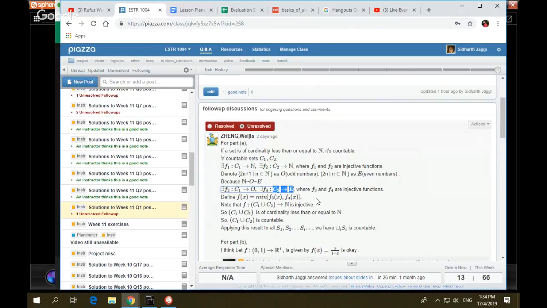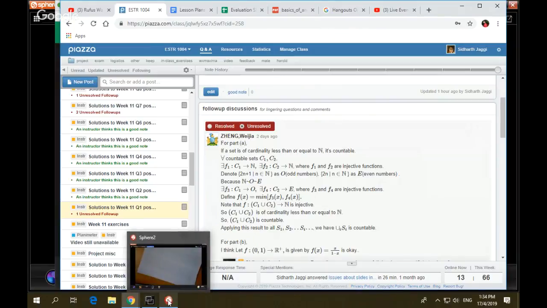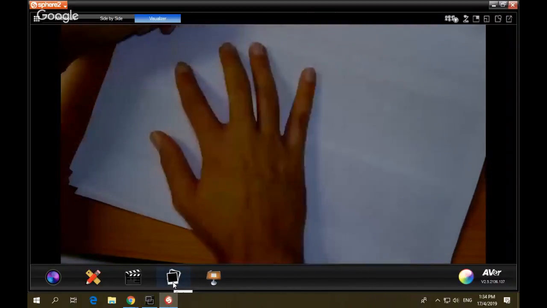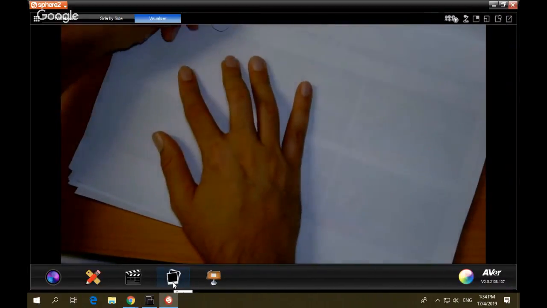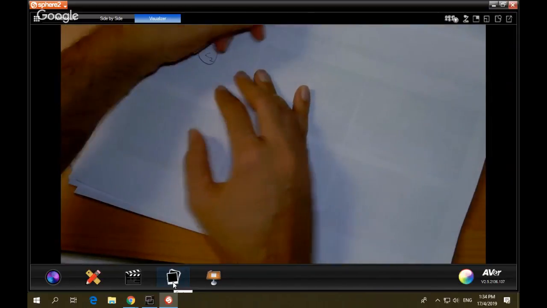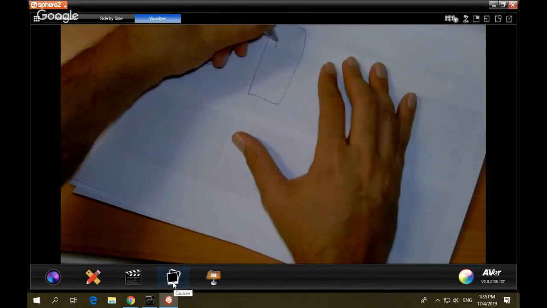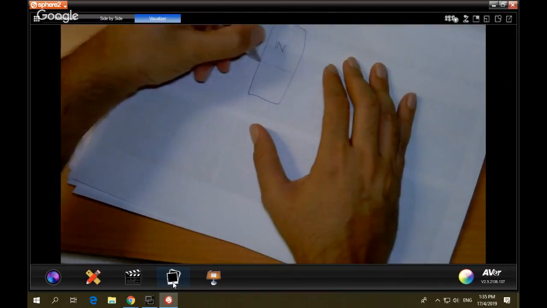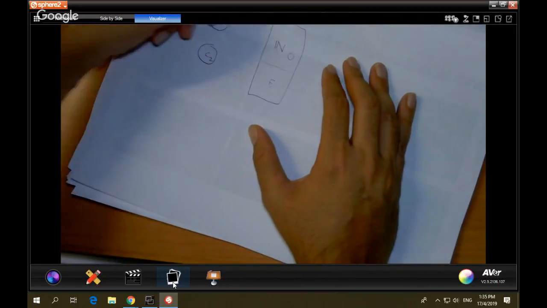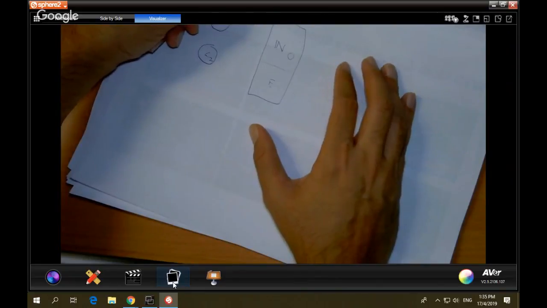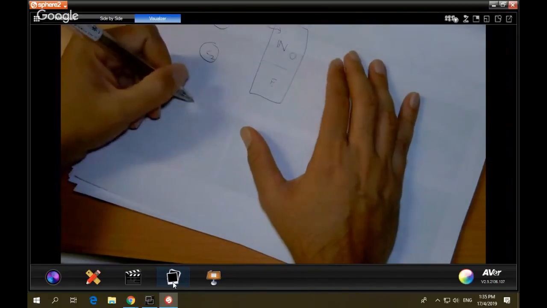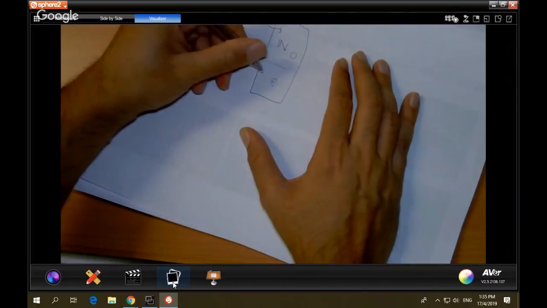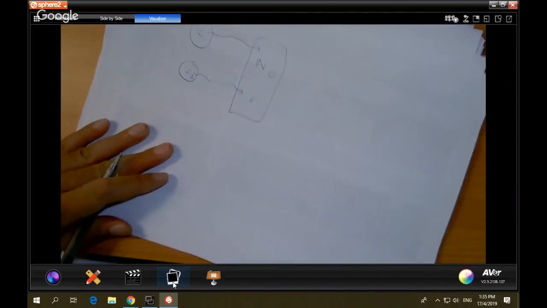So let's remind ourselves again. If you want to show that there's a bijection between two sets, well, okay. So suppose you have C1 which is countable, C2 which is countable, and then here you have the set of integers. So this is the set of all possible integers, and let's say here you have odd integers, here you have even integers. So from C1, since C1 is countable, if you can do a mapping from C1 to odd integers, from C2 to even integers, then